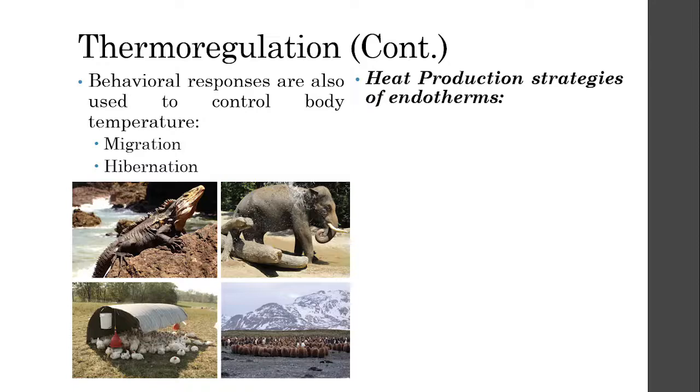Endotherms, remember, are just animals wherein their temperature is a lot more stable and they thermoregulate their bodies via metabolism. One way that they can actually produce heat, because endotherms keep their body temperature relatively higher than their environment. No? So kapag nagkakaroon ng loss of heat, a lot of endotherms produce heat. And one way to produce heat is via muscular activity, via shivering.